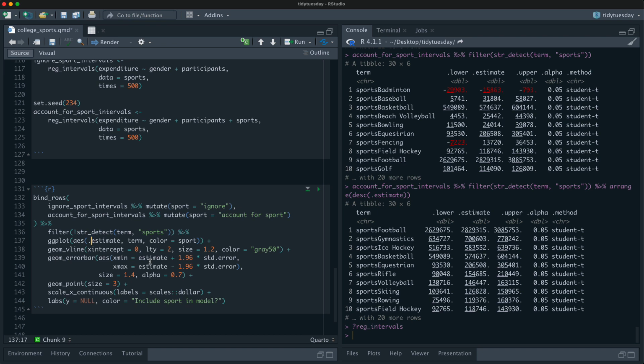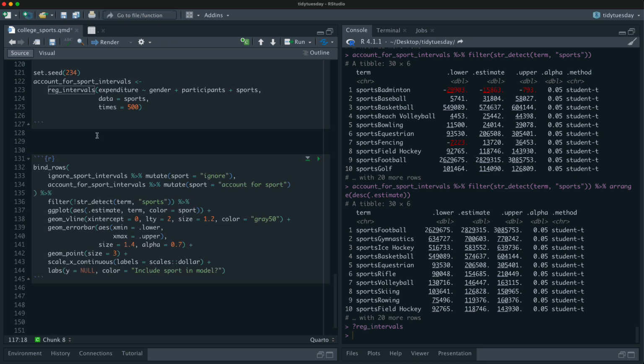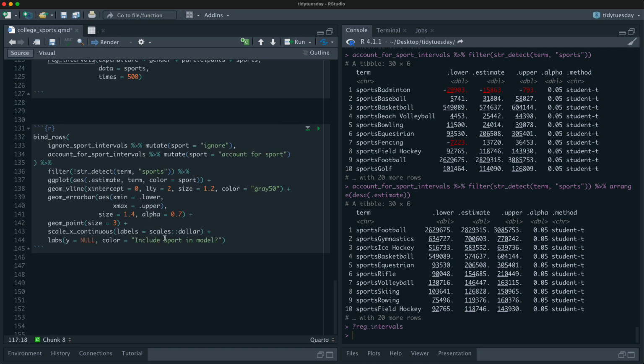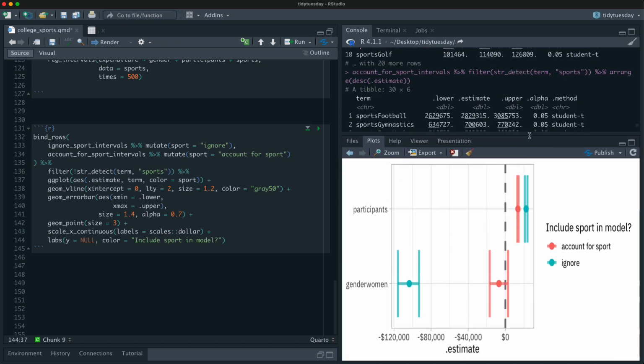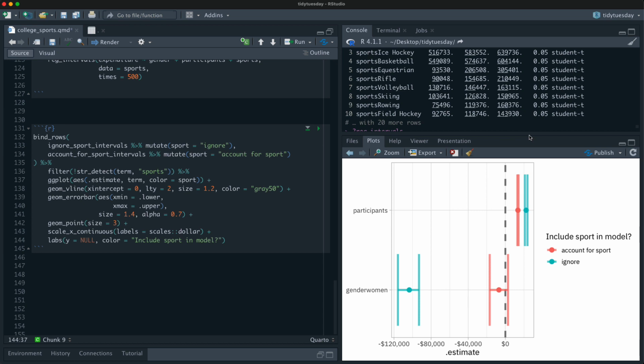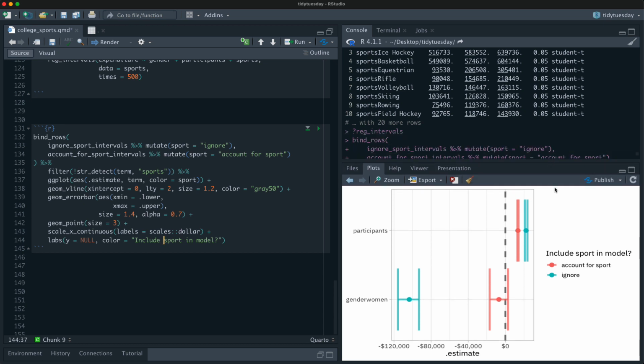And what else do I need to change? So now instead of deciding ourselves, we are going to do lower and upper because we decided on the confidence or the significance level when we did the intervals. Anything else? I think that's the same. I think this is all right. Let's look at this. Okay. So let me just make this a little easier to see. Okay, so can we go back and forth? This is so nice.